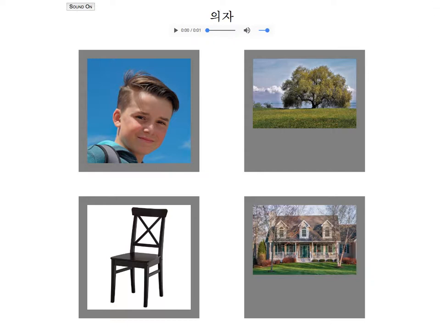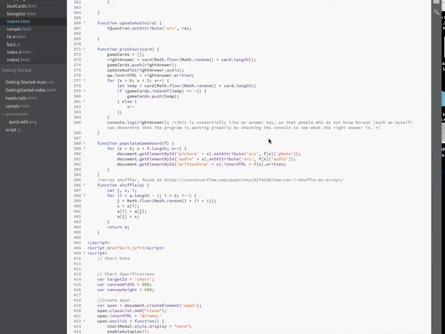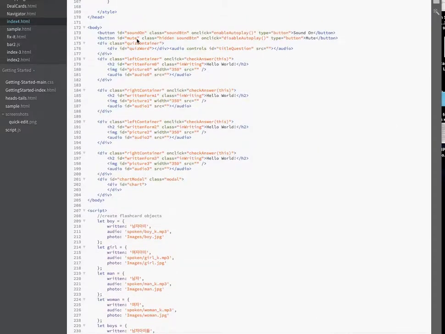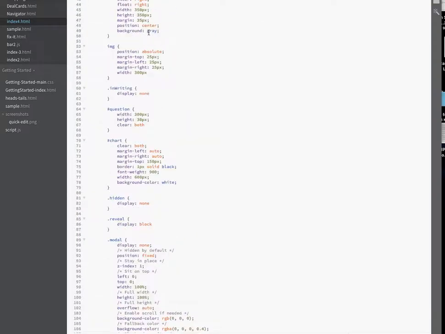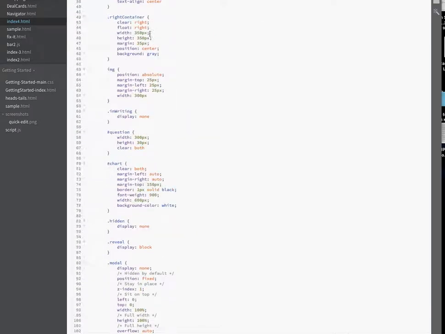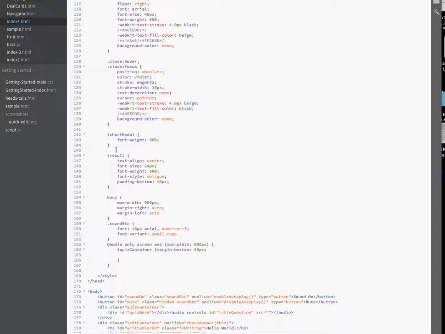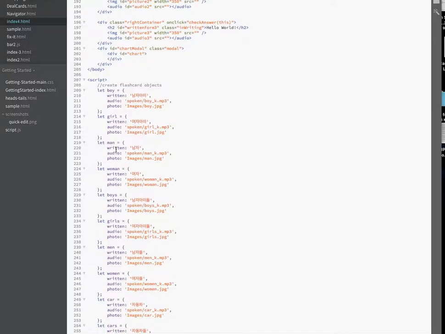Now I'll just show you the code that we have to make that happen. It is basically just this series of divs here. And what we're doing is, you see we have the styling information up here, and in the styles we also have a bit that allows for responsive design, and then